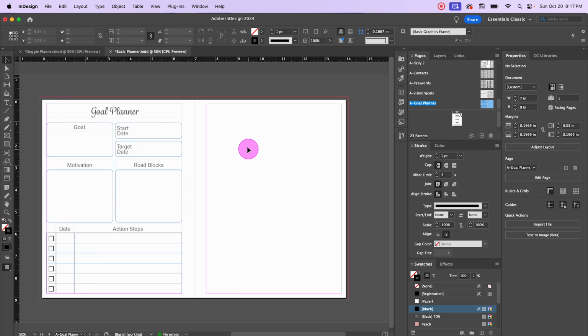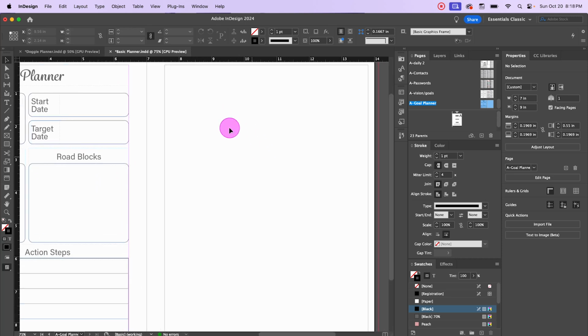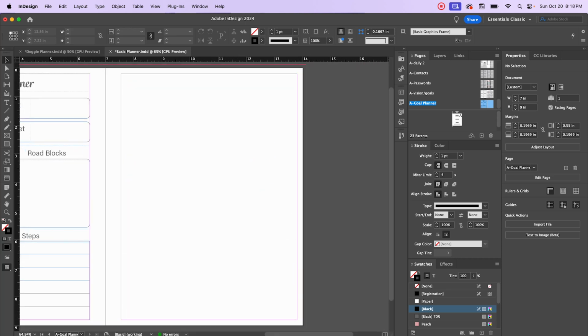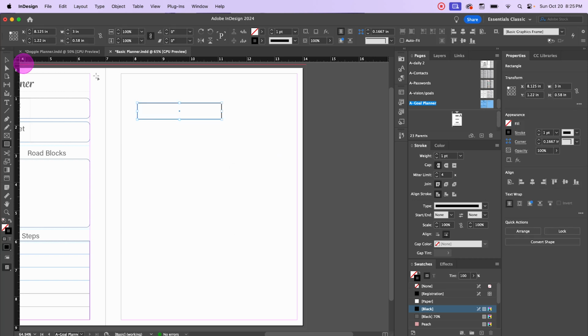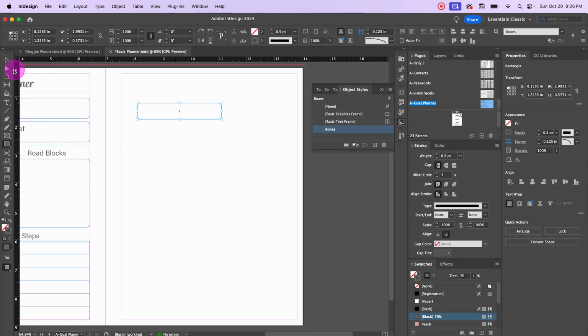Now the other side is going to break down our actions even more. So let's create, and this one's going to be easy because we're just creating one little section, then we're copying it 5 times. Okay, so the first thing we're going to do on the right side here is create another box, and this box will be about 3 inches wide, and let's say 0.58 inches high. And we are going to apply our object style of boxes for boxes. I'm going to lower